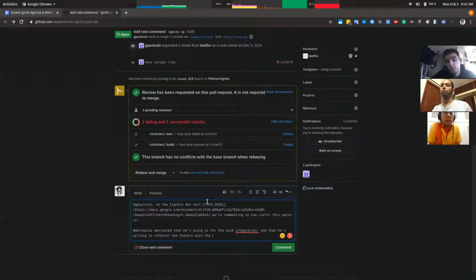Feature with the standard lib SSH package instead of shelling out to the hosts or